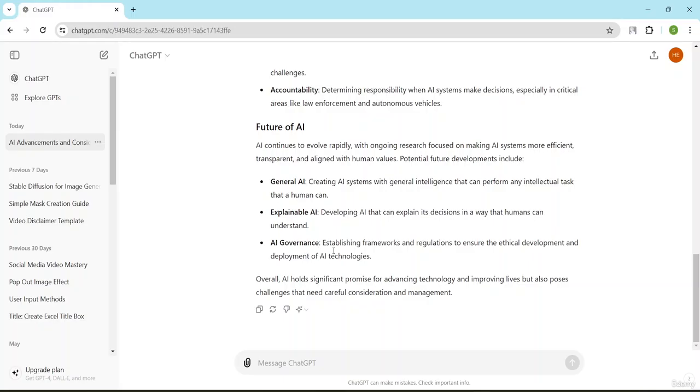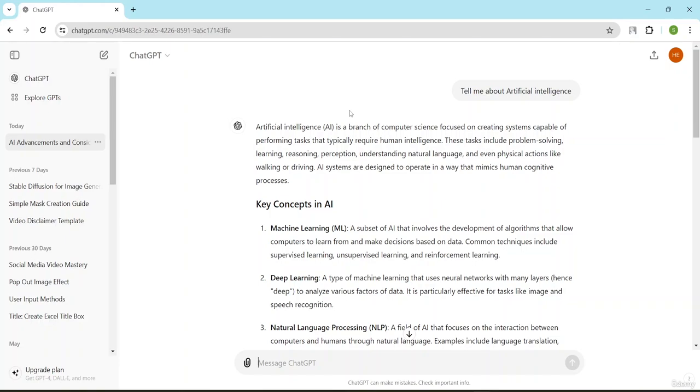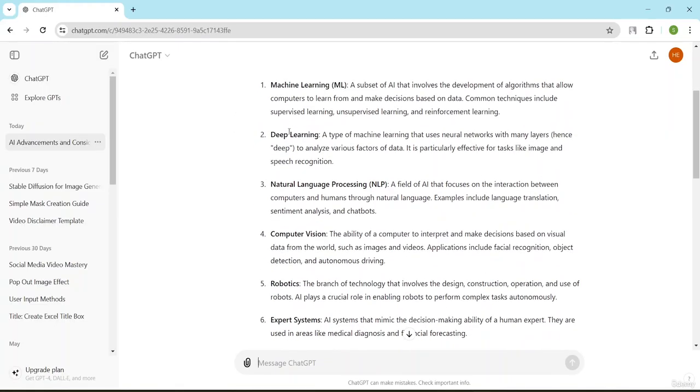Okay, so it will move into these three general systems. Once you keep on using AI, it will get you more information regarding that. Okay, so this is about this particular option of how you will start